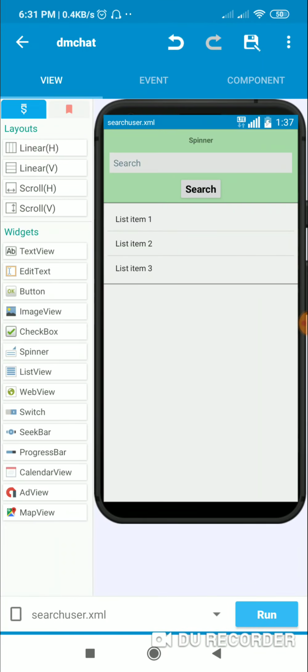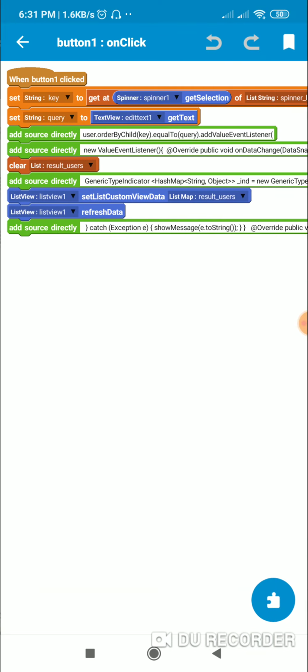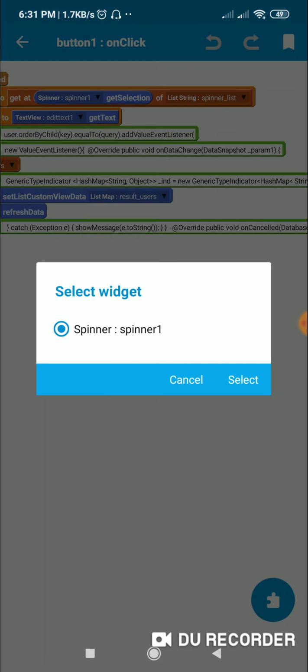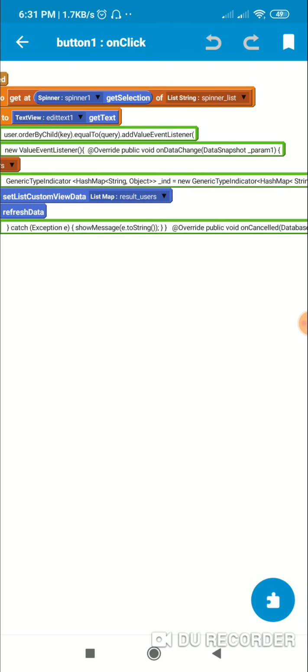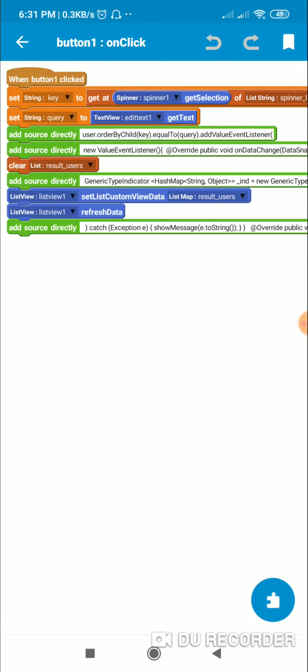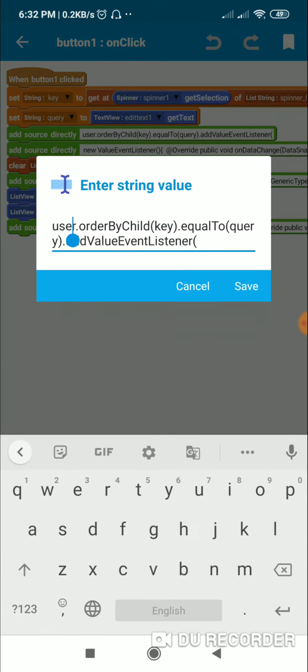Next the user will write something here and click on button 1. So when button 1 is clicked, here I set a string variable key to get at spinner 1 get selection of list string spinner_list, and I set a string variable query to edit text 1 get text, and after this I use this Firebase query. So here this user is the Firebase DB component.